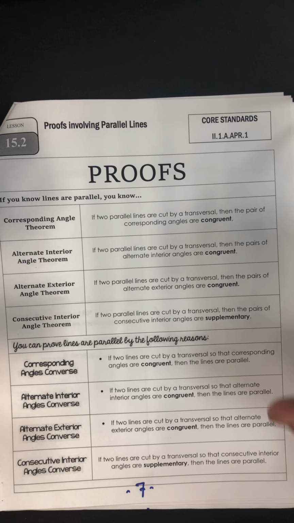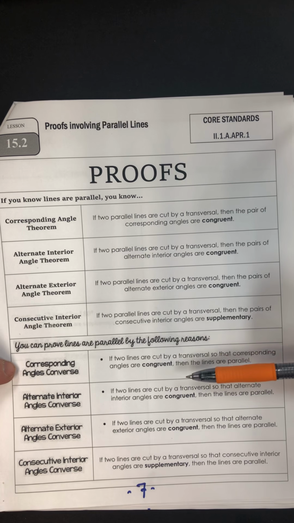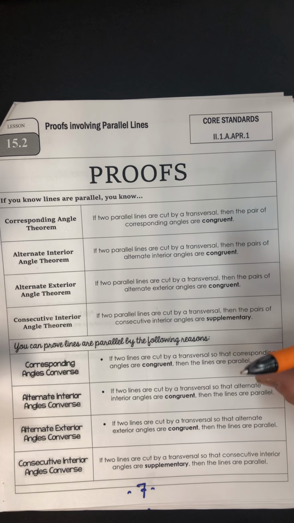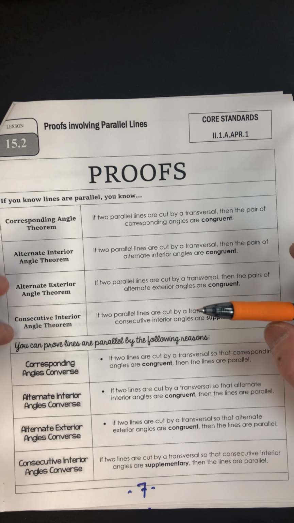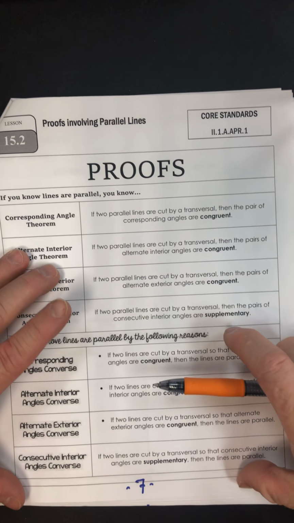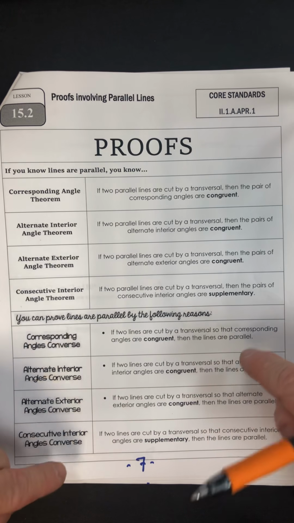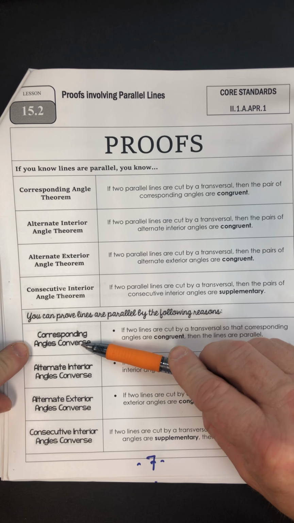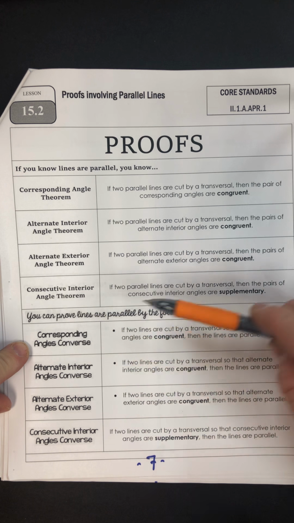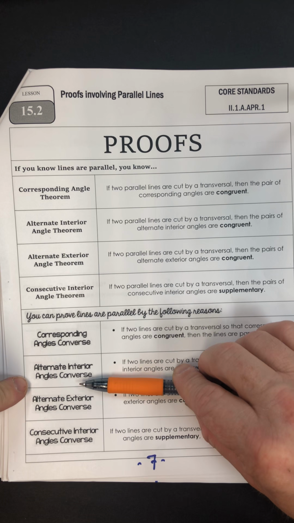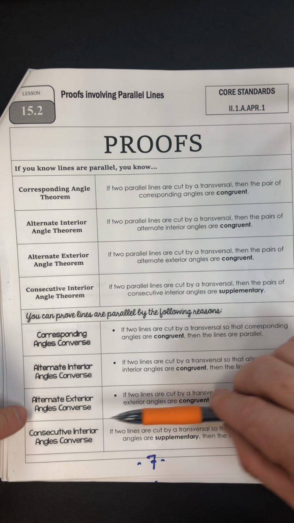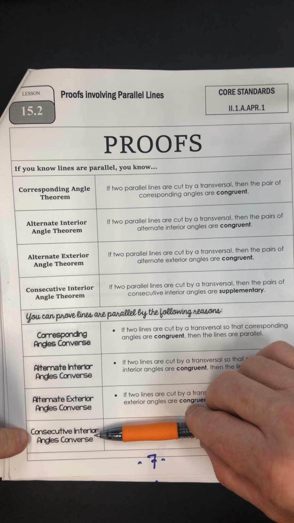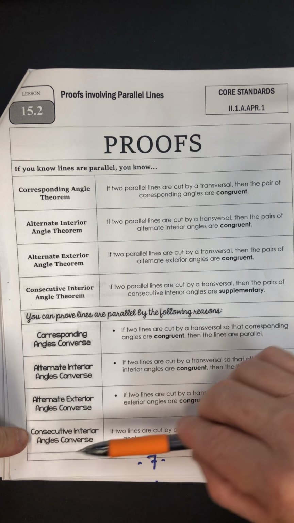Now, with that, also the converse is true. So we can prove that two angles are congruent because of parallel lines. We have these rules. Now, we can also, on the converse, prove that two lines are parallel if corresponding angles, if we know that those are congruent first, then we can say the two lines are parallel. If we know that alternate interior angles are congruent, we've shown them congruent some other way, then we can say the two lines are parallel. Same thing with alternate exterior, or if the consecutive interior angles are supplementary, we've shown that some other way, then